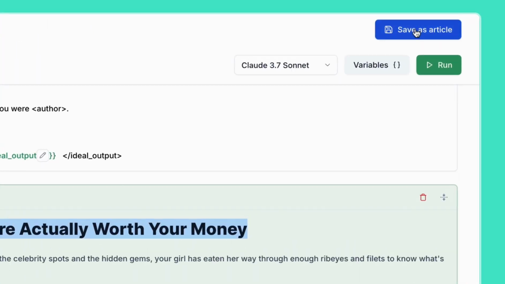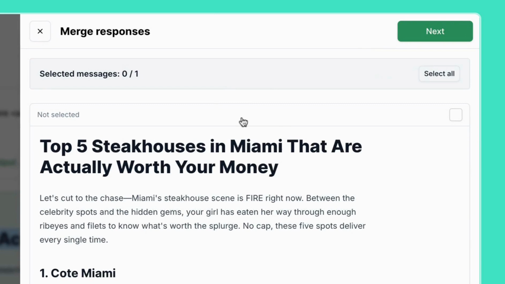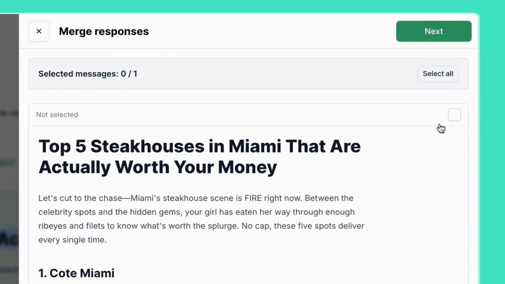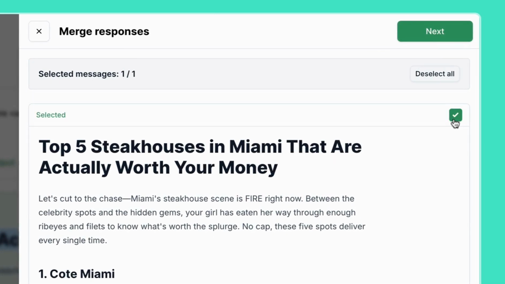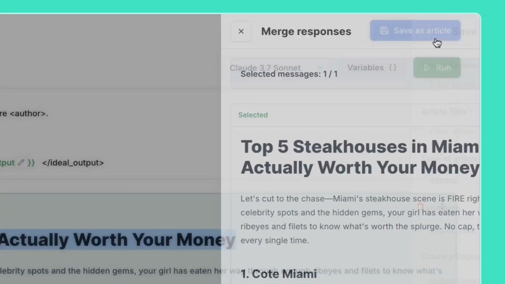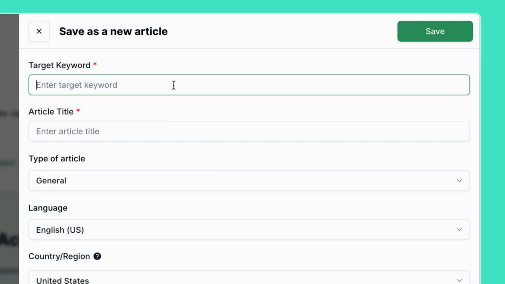Now back in Cuppa, we're going to save this as an article so you can use the Cuppa Power Editor if you want. Click Save as Article. Select the message you want included in the article. We one-shotted this one, so there's only one, but if you've gone back and forth, you'll have to choose which messages you want included. Fill in the target keyword,